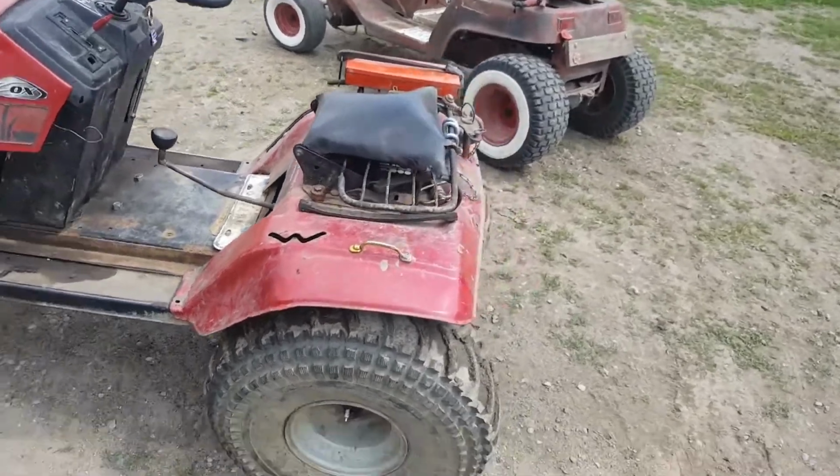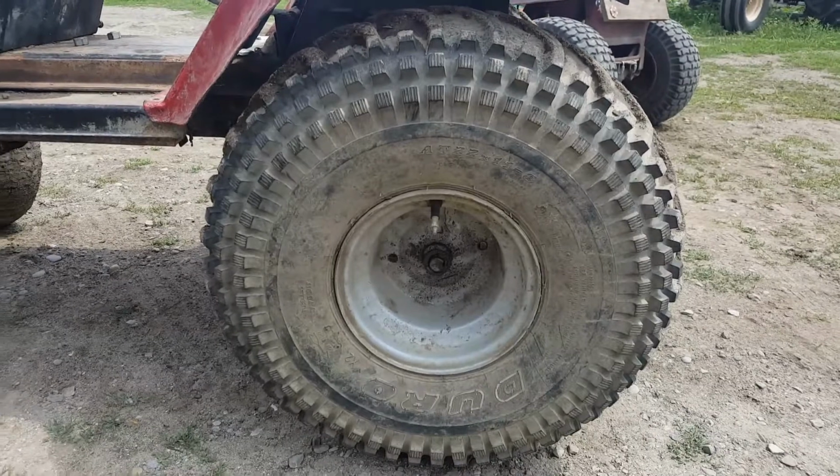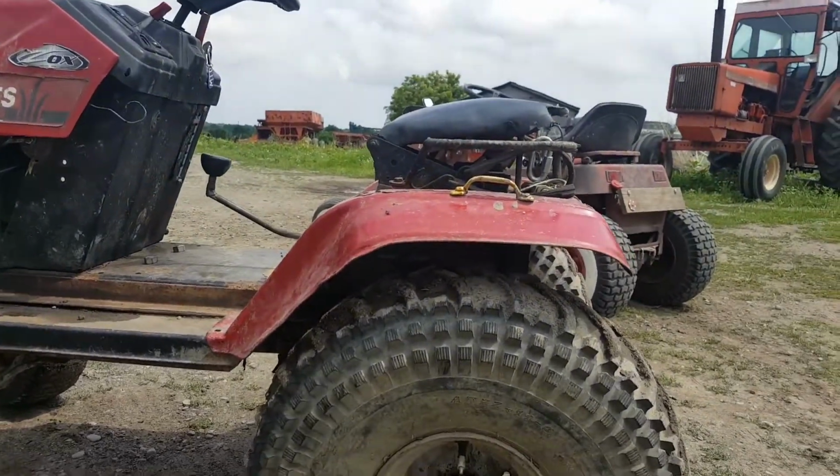I don't know. I'm running about 5 psi. Have them kind of low, just to make them kind of soft, and I don't want it sitting higher in the rear than in the front or nothing. So